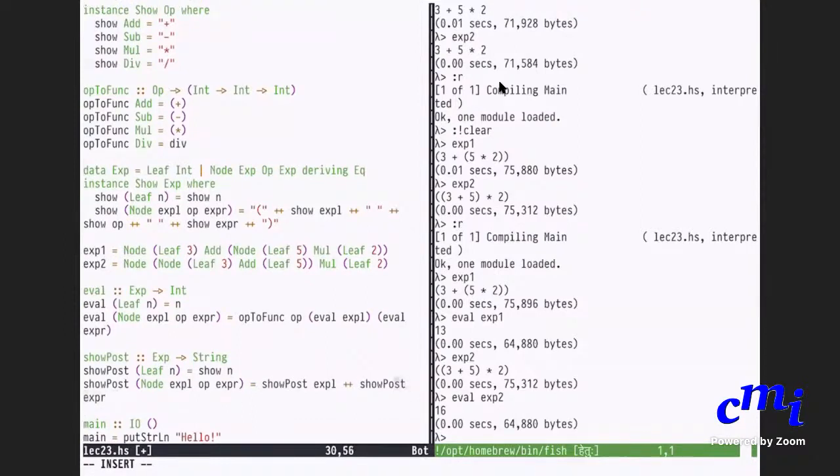So I need to have a space between the two. So I'll just put a space, and then I'll write another space, and then I'll show the operation. Note that I am not writing parenthesis, and you will see why.